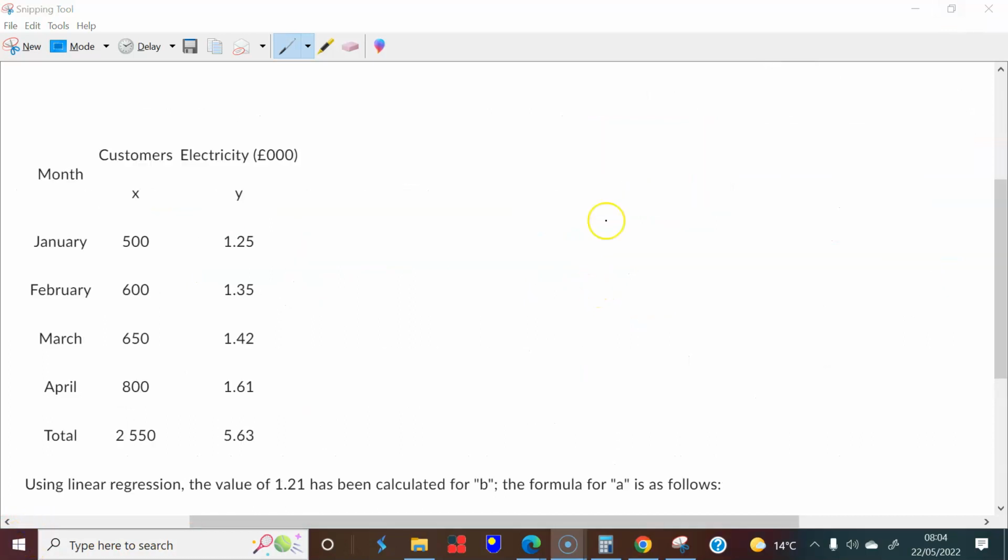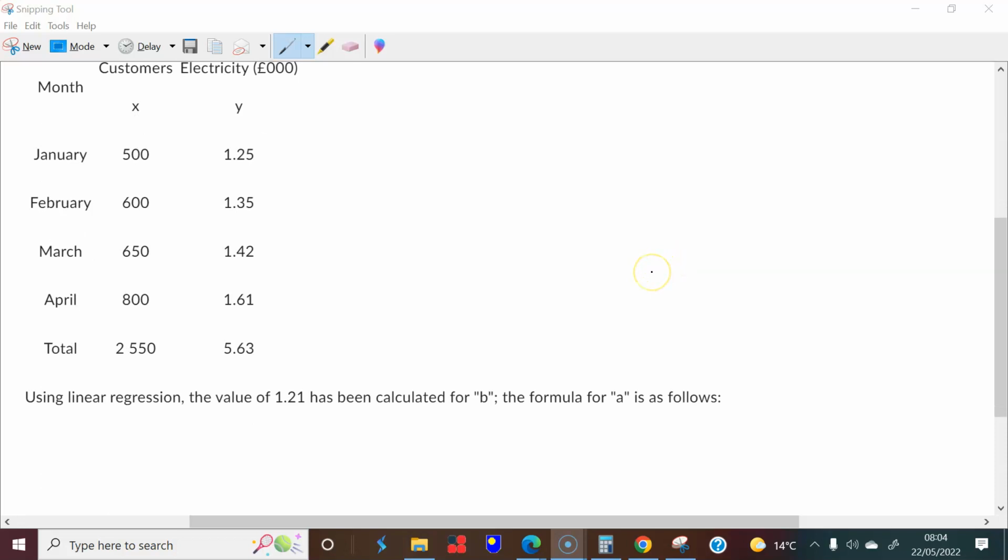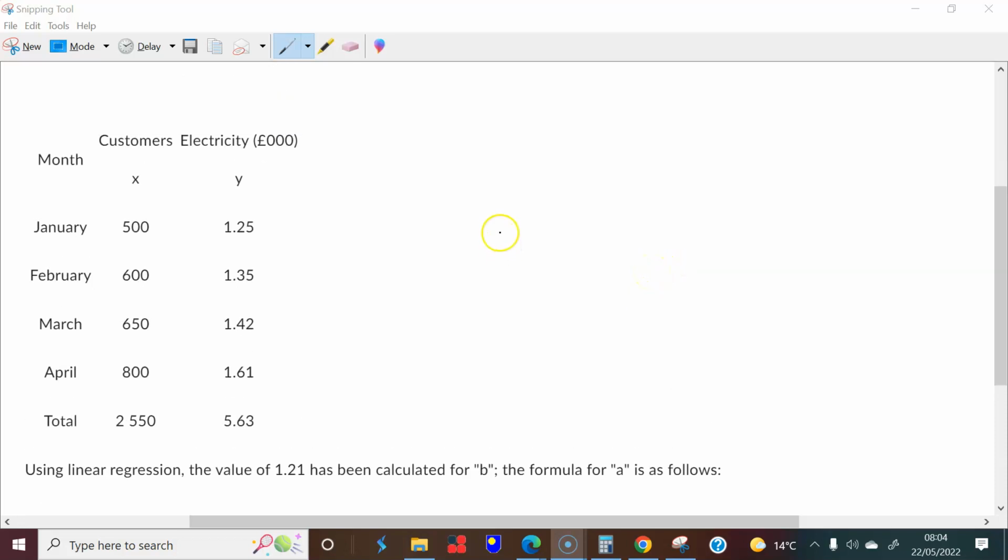So if you look at this question, let's work through this. You're actually given the formula. I'll write this out and then take you to the formula. If you look at the question, we would have seen something like the sum of y minus b times the sum of x, divided by n. Yes, that's the formula for finding a, right? So the sum of y, which is this, and you should expand this, of course. So this is